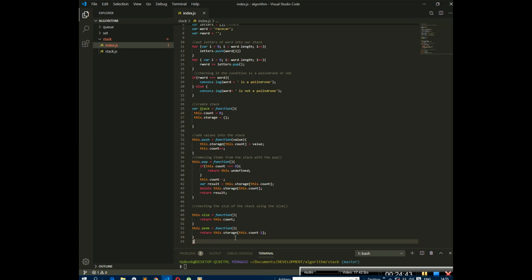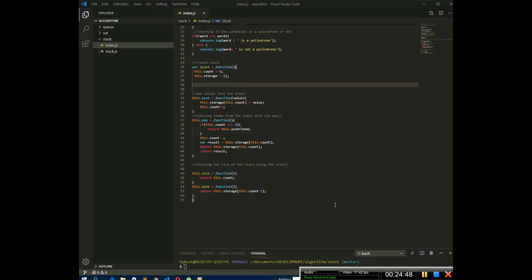With the peek, we can show the last item we are about to delete, but we will not remove it from the stack. So please, let's try to understand the peek method and the pop method. The pop method deletes the last item from the stack, but the peek method